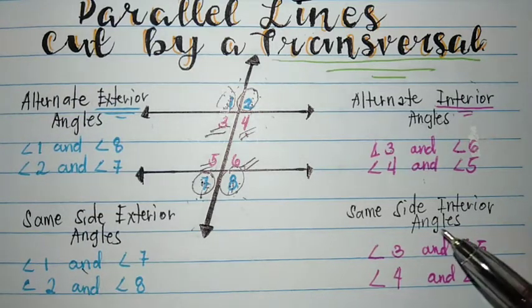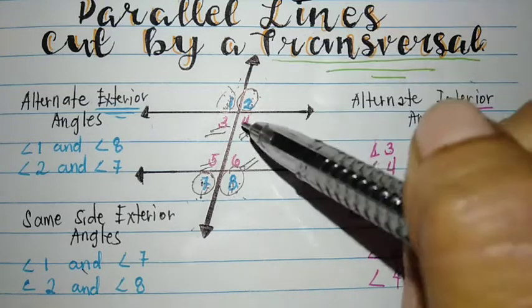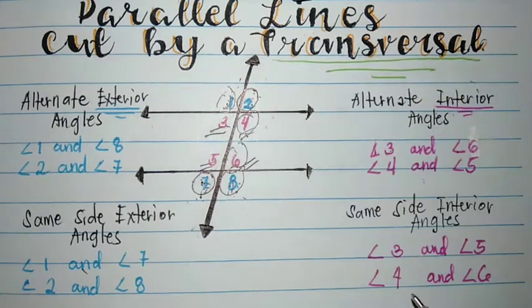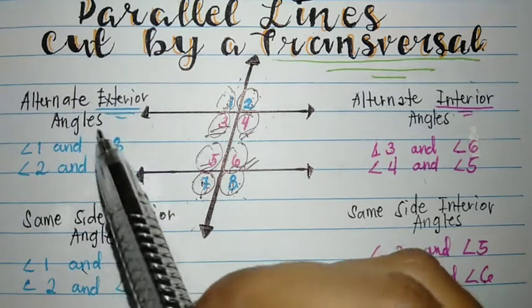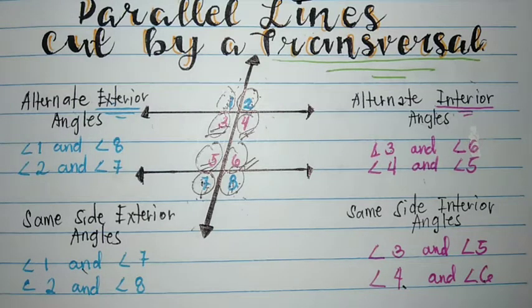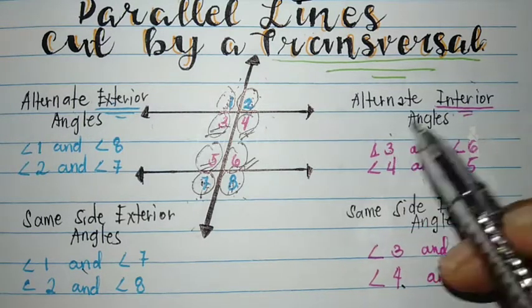Okay? So, same side interior angles, of course, 4 and 6. Ayan, angle 4 and angle 6. Angle 3 and angle 5. From the word itself lang, same side, alternate exterior, alternate interior. Ganun lamang kasimple. And of course, the next condition is alternate exterior angles are congruent as well as alternate interior